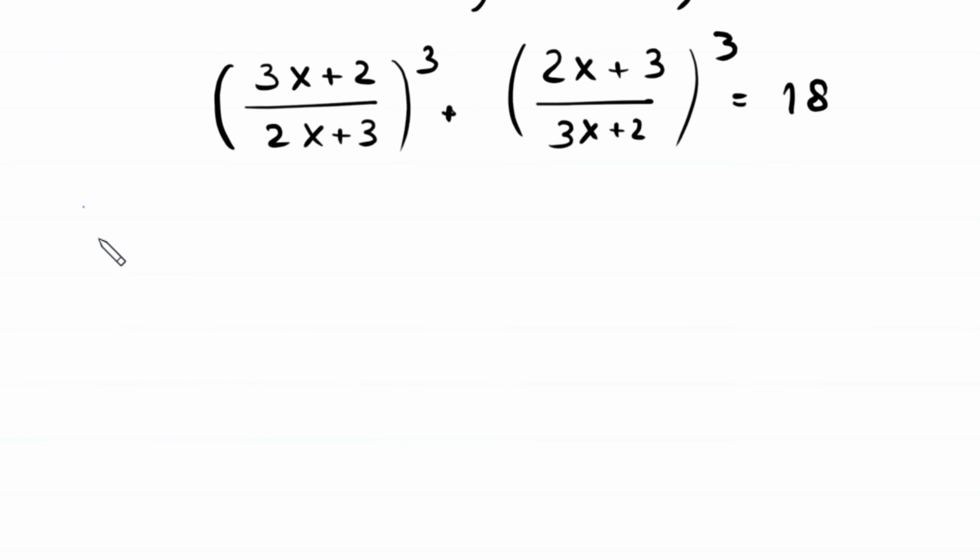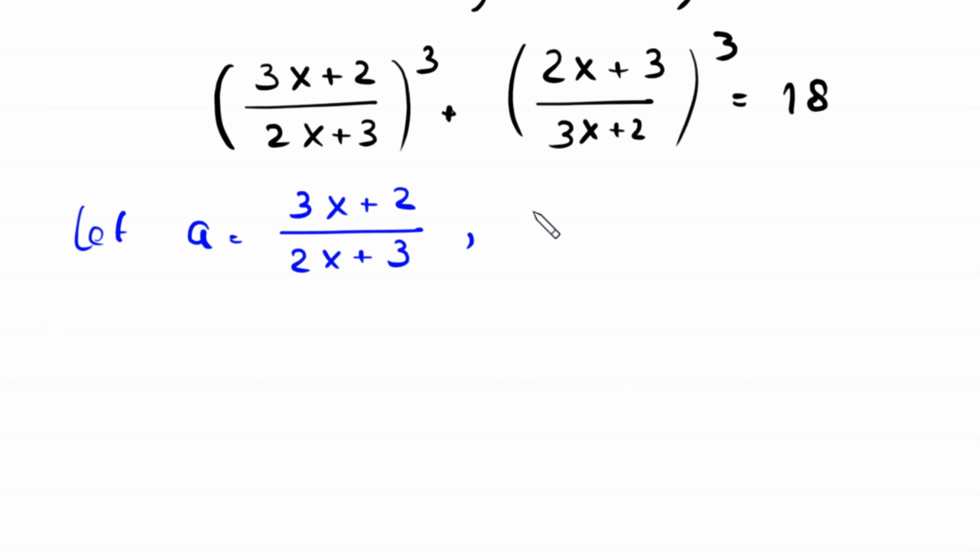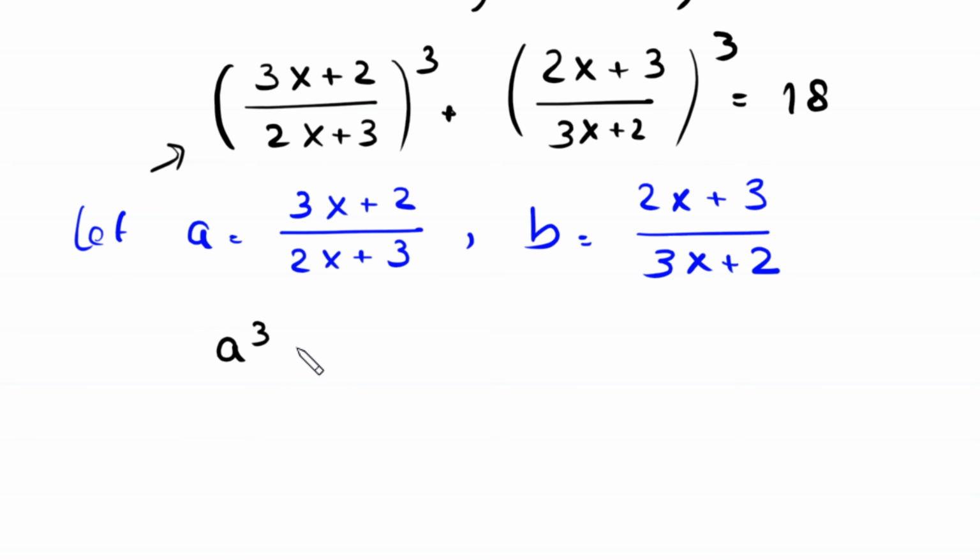Now we suppose that a is equal to (3x + 2)/(2x + 3) and b is equal to (2x + 3)/(3x + 2). So this original equation will become a cubed plus b cubed equal to 18,